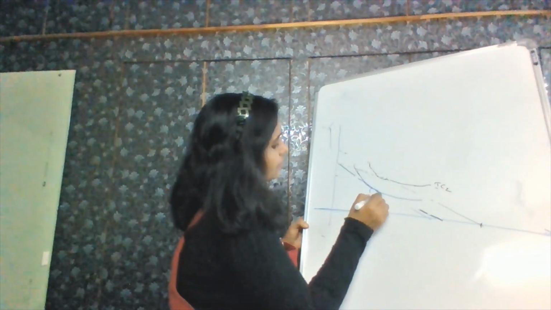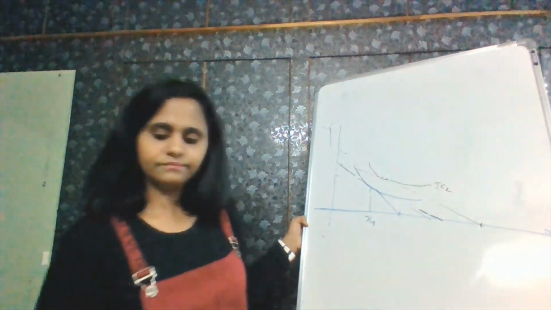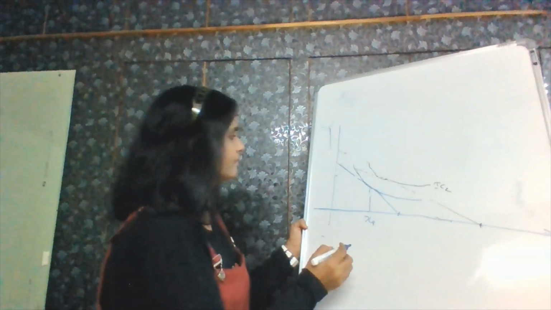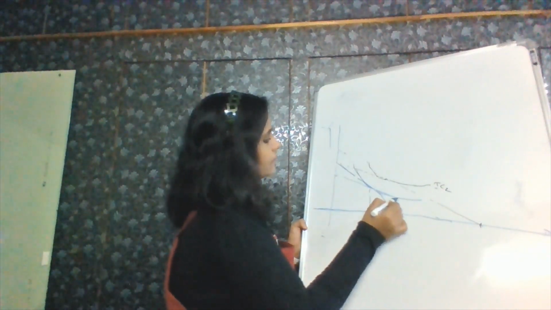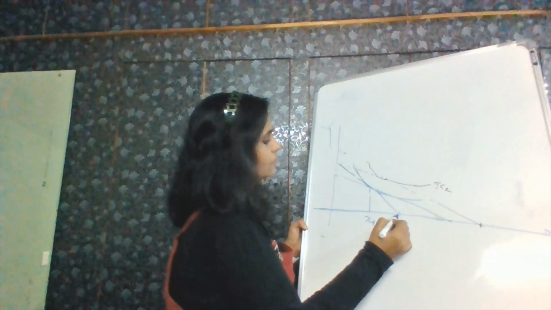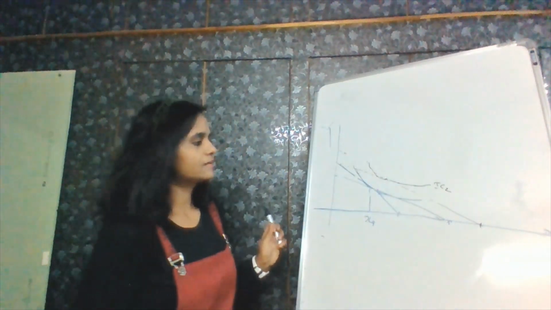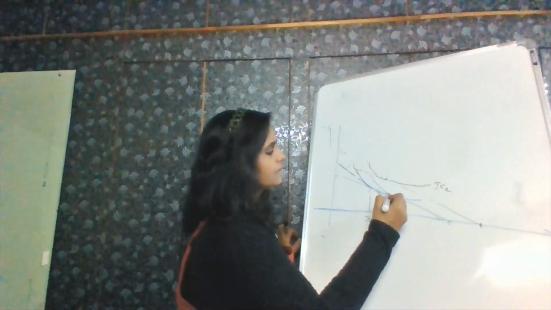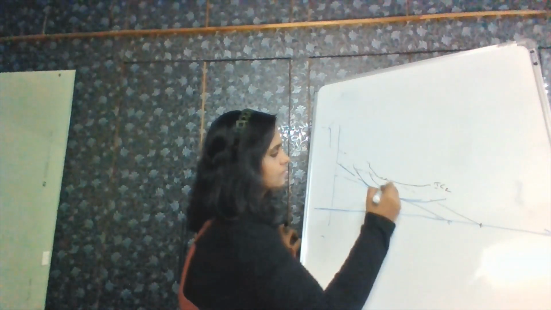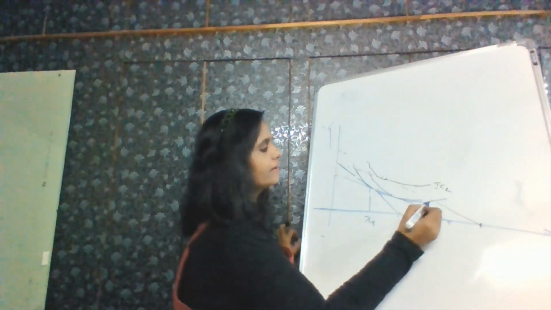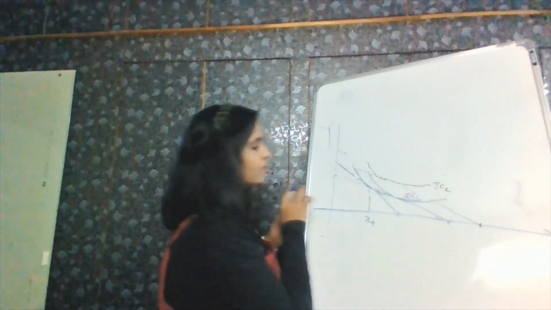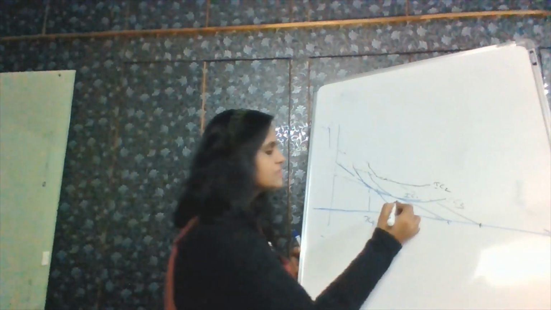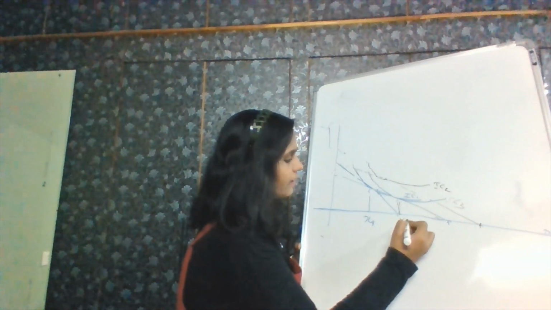And this was the old line. Now when you draw a new line, it passes like this. This was the old line, and the new line after the Slutsky adjustment, you got this new line. So now what will happen? You have to draw a new indifference curve on this. This is IC1, and you are drawing a new indifference curve IC3 for Slutsky. So you see, this is the third equilibrium you are getting.